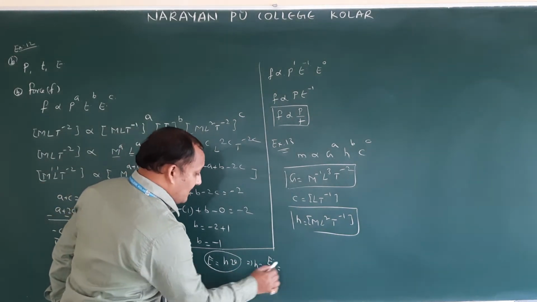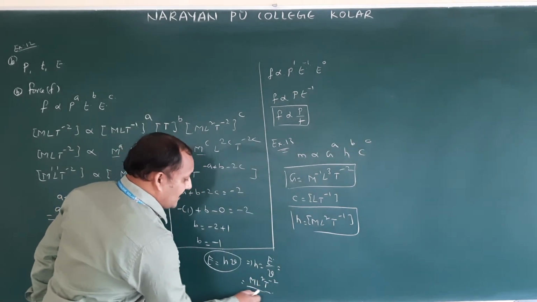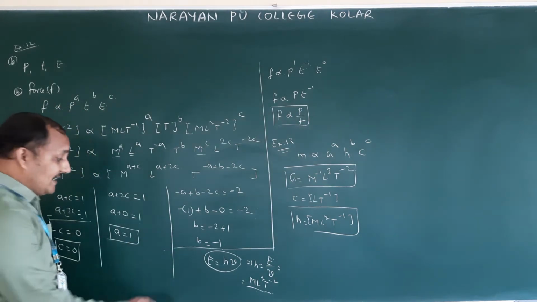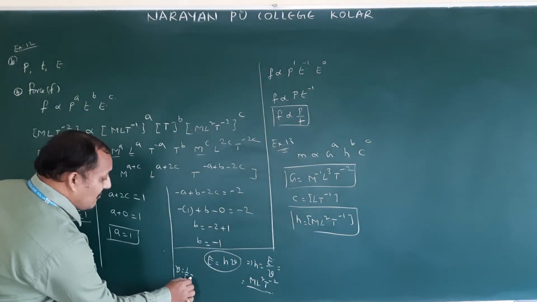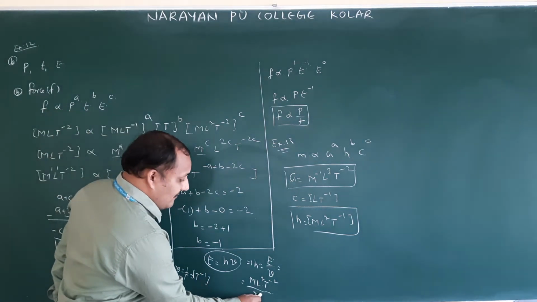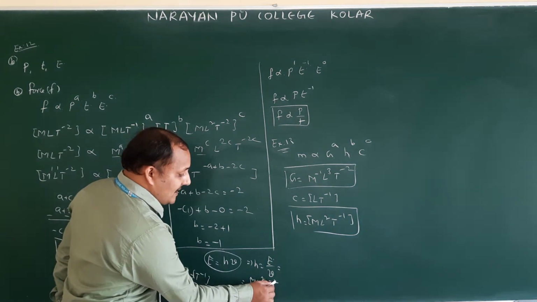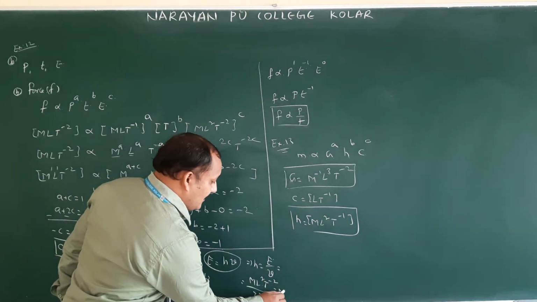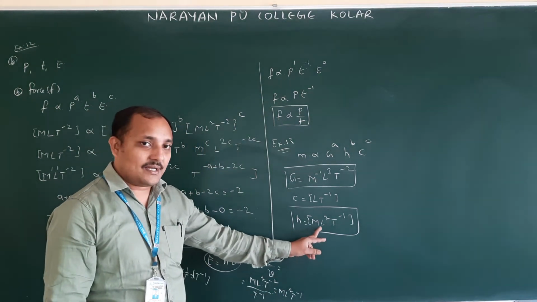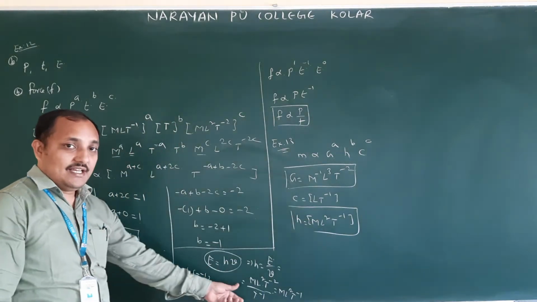E by mu. What is the energy dimension formula? M L square T power minus 2. Frequency dimension formula: frequency mu is equal to 1 by T, therefore T power minus 1. T power minus 1 goes to the numerator, minus 2 plus 1. Then what will you get? M L square T power minus 1. That's what they gave. If they didn't give it, you should get it using this equation.